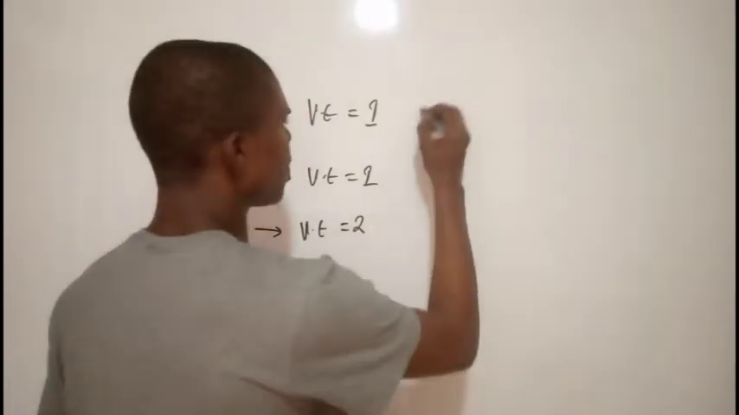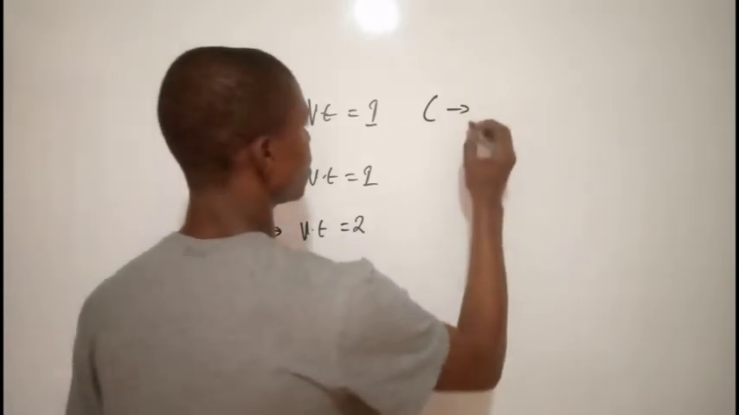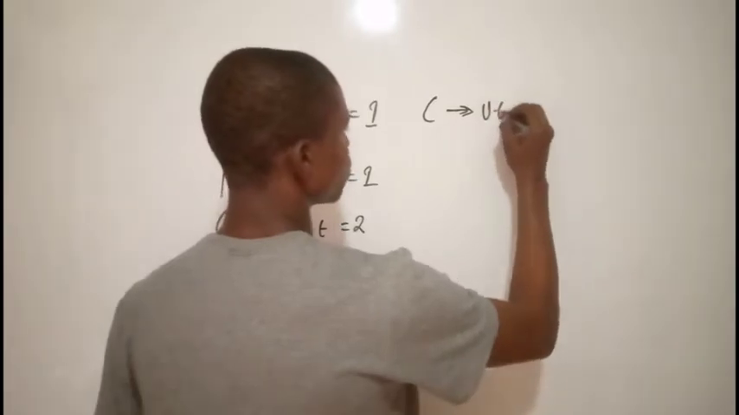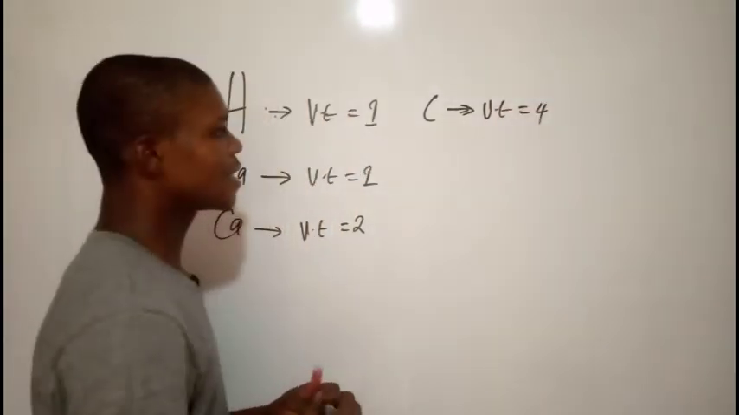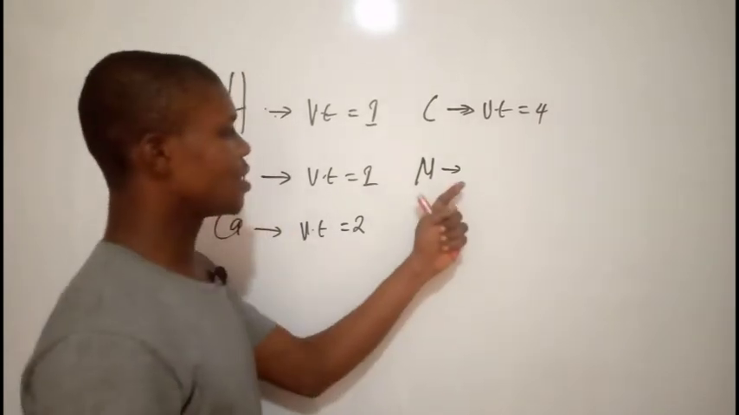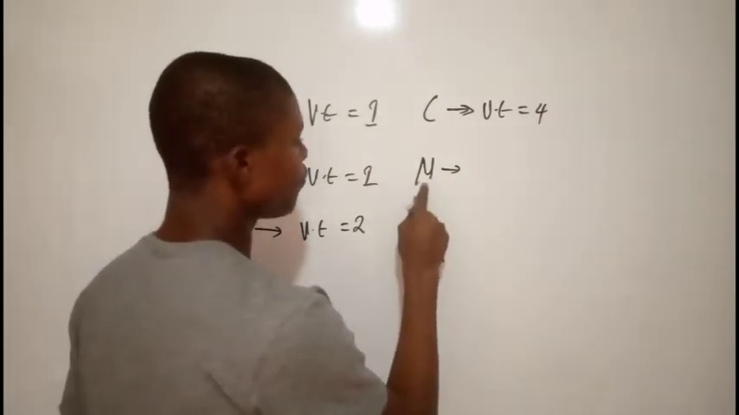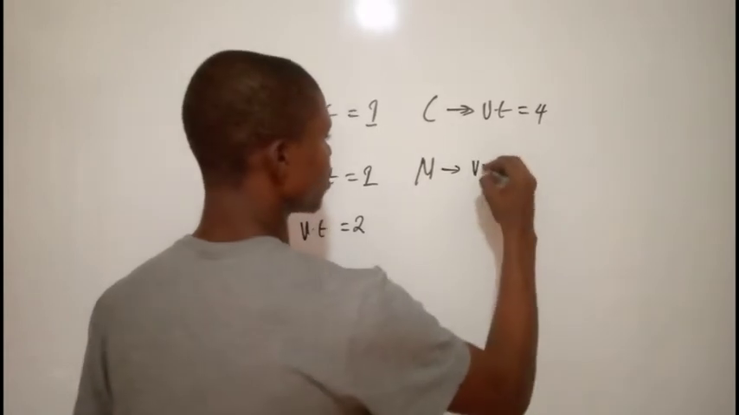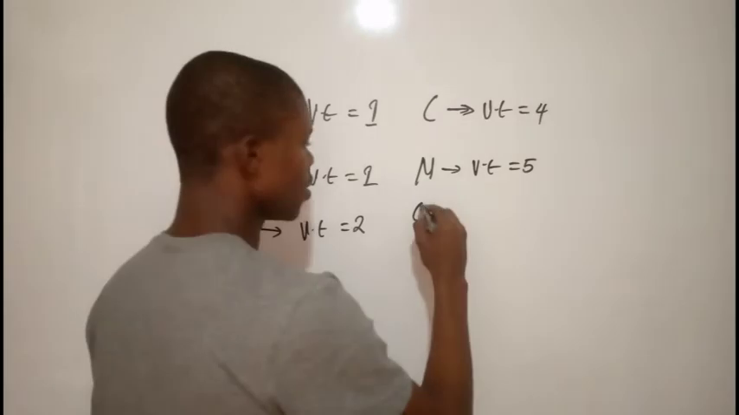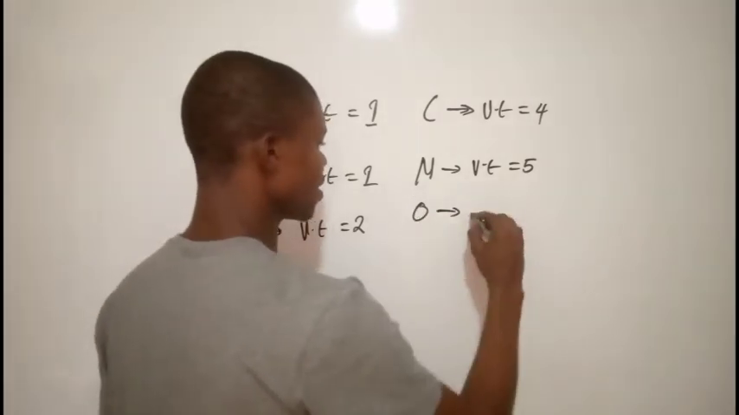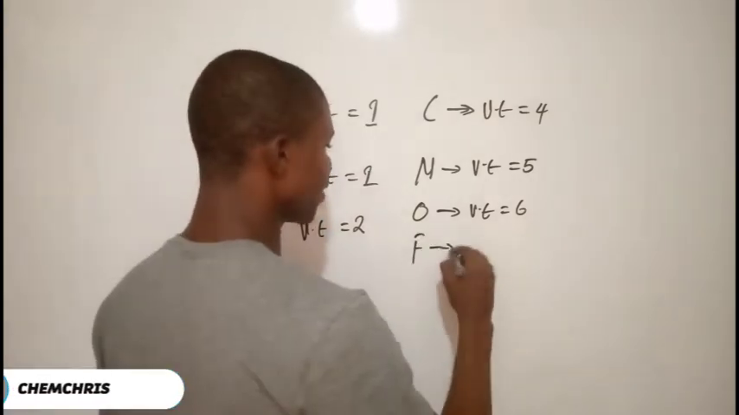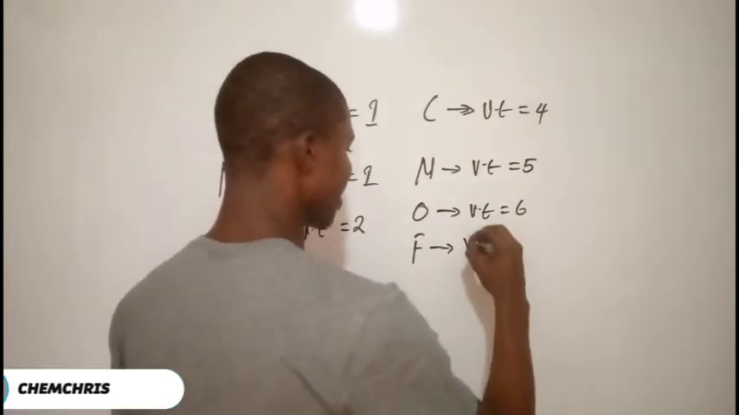So what about carbon? Carbon is in group 4 in the periodic table. Therefore its valence electron is 4, right? What about nitrogen? Nitrogen is in group 5, so its valence electron is 5. You get? What about oxygen? Oxygen is in group 6. Therefore its valence electron is 6. What about fluorine? Fluorine is in group 7. So its valence electron is